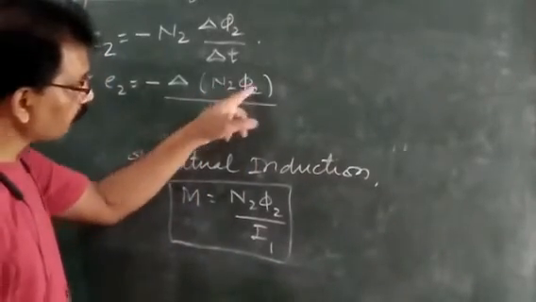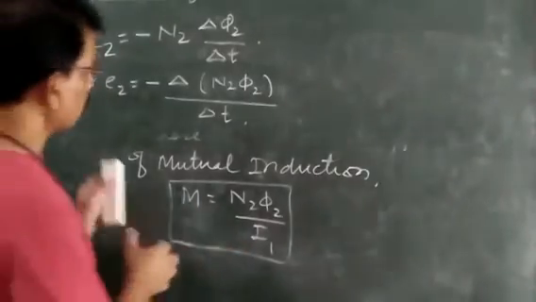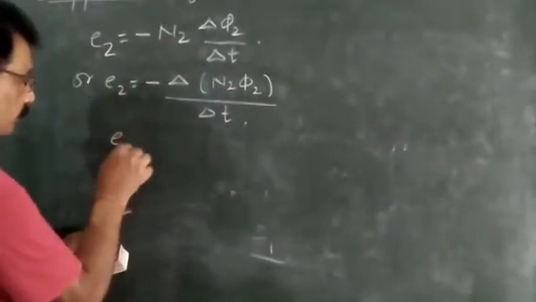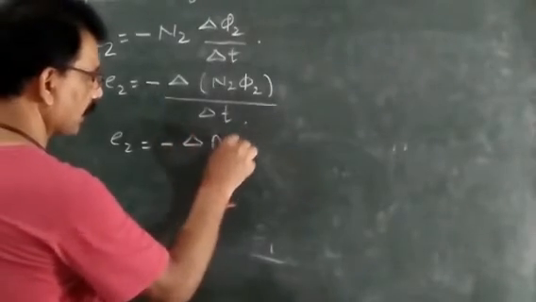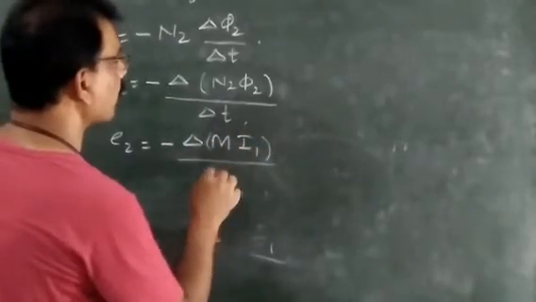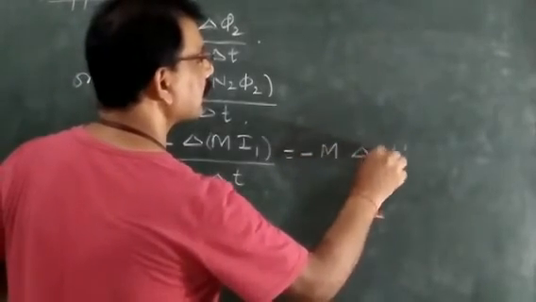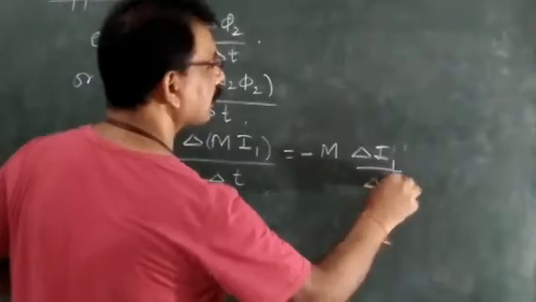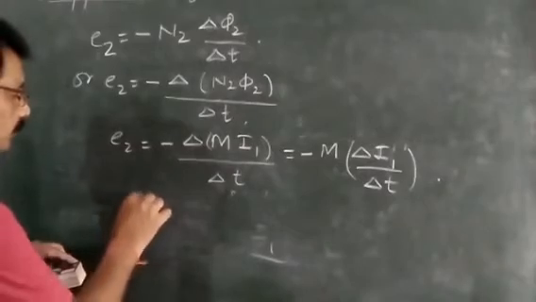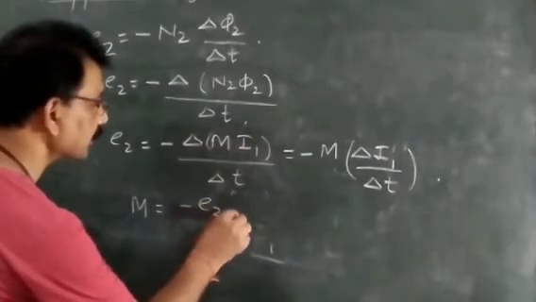And in place of N2 phi2, you can write M I1. So E2 is equal to minus delta M I1 upon delta T. And you can write minus M into delta I1 upon delta T. And from here you can say M is equal to, what is M? Coefficient of mutual induction. M is equal to minus E2